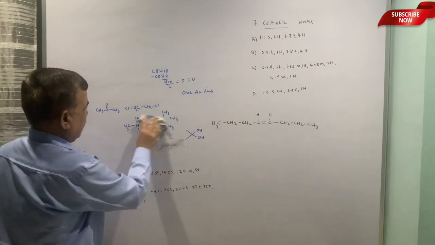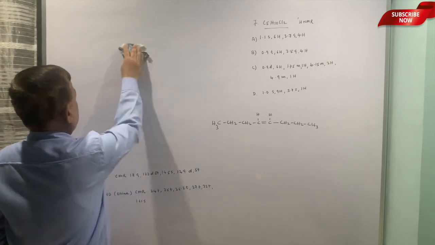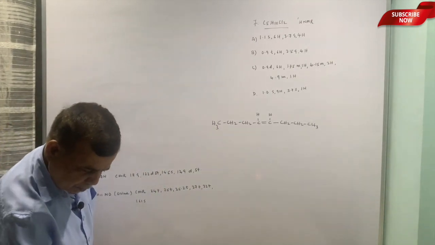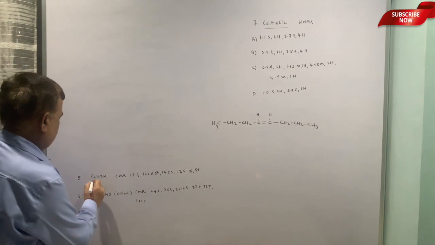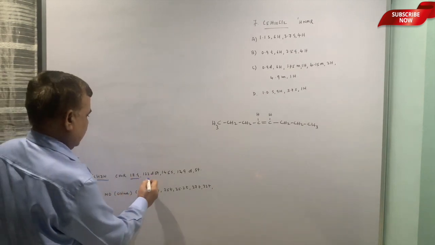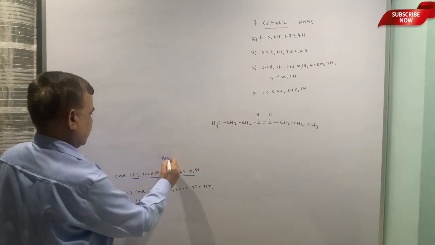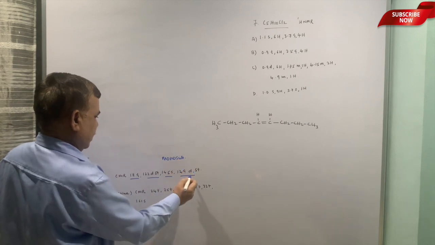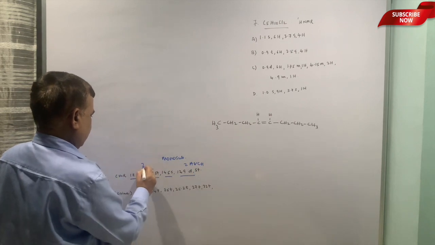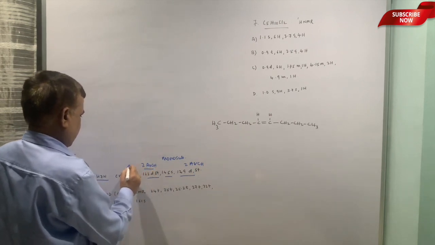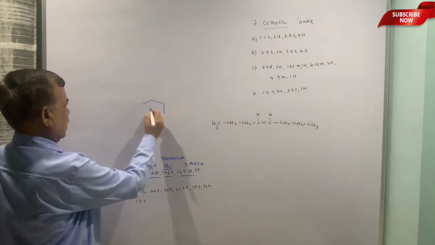C8H8O2, or let me check the formula from the original paper, because these are earlier question papers, so we are not framing any. C6H7N, 18 doublets, so this is mono substituted straight away, because you can see that these are 2 ARCH, these are 2 ARCH, this looks methyl, this looks quaternary carbon.